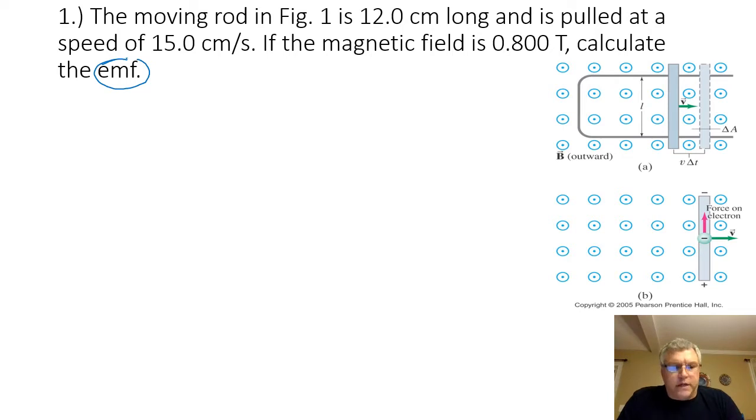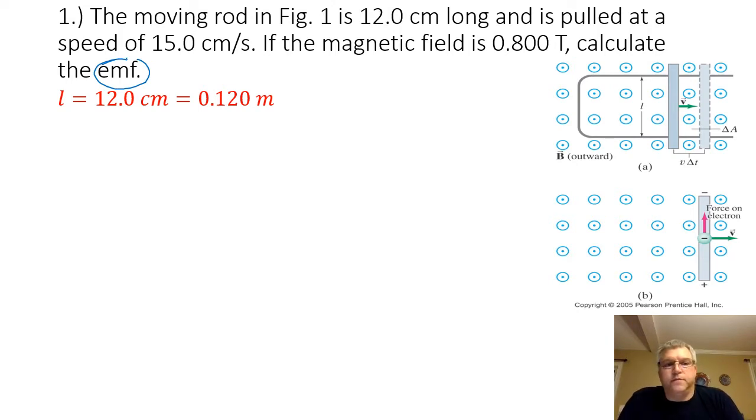The only difference is that the voltage here is not created by connecting the wire to a power source like a battery, but it is created by moving the wire through a magnetic field. So it is an induced electromotive force, or induced EMF. So in this problem, we are given the length of the wire, which is 12 centimeters, which we do need to convert to meters. So that is going to be